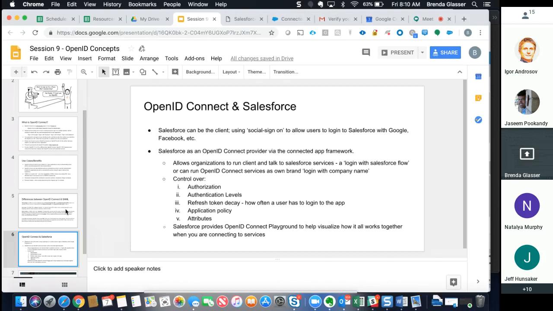But Salesforce can also be an OpenID Connect provider via the Connected App Framework. So this allows organizations to run that and talk to Salesforce services. And it can be branded as a login with Salesforce, or it's open to be branded with a login with company name versus login with Salesforce. Leveraging Salesforce as an OpenID Connect provider